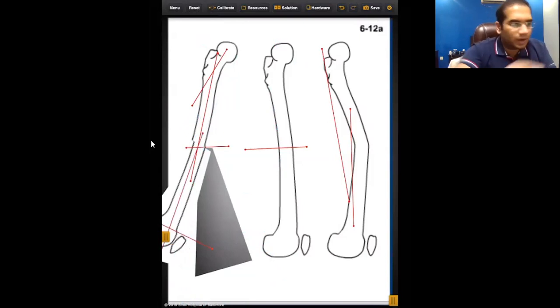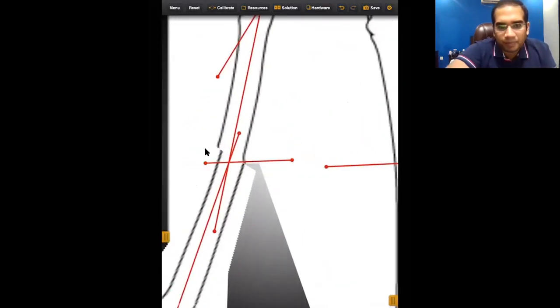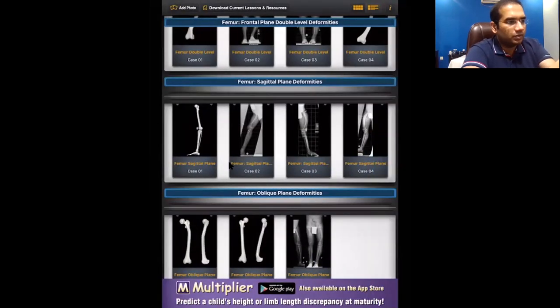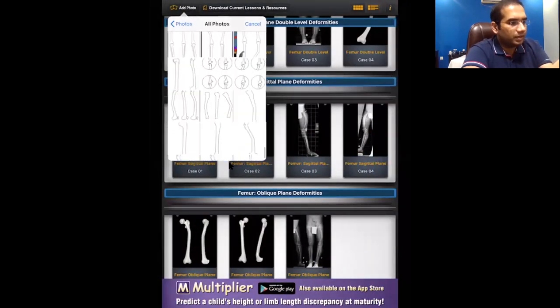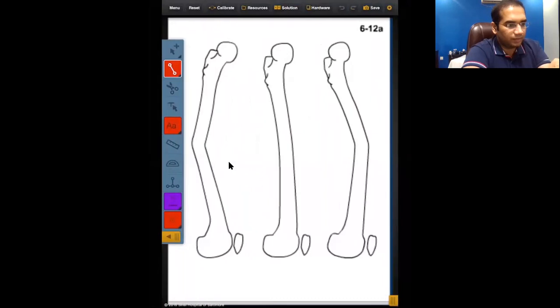So this overlap part, which I told you is one of the ways through which you can measure how much bone needs to be removed, this much bone you'll need to remove. So this planning will tell you how much wedge you need to take, and then you can put in your nail and correct the deformity. So sorry, but the third part